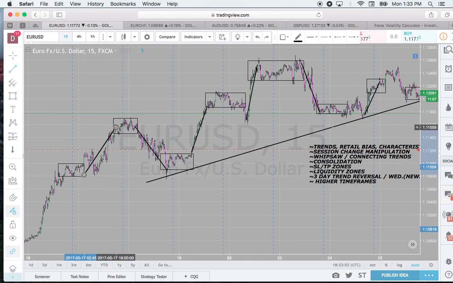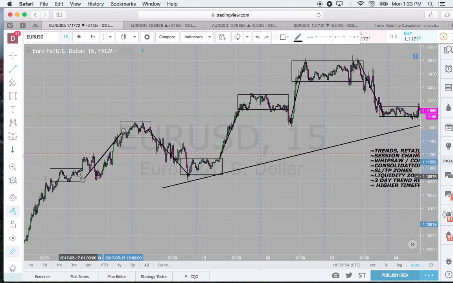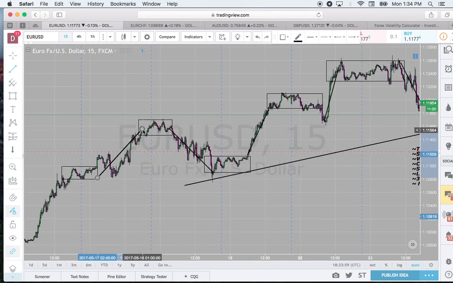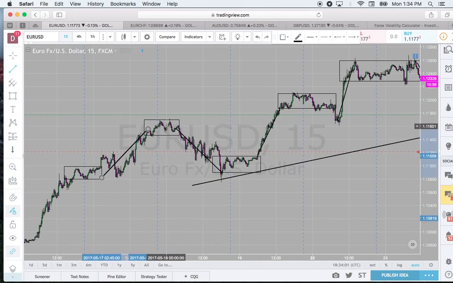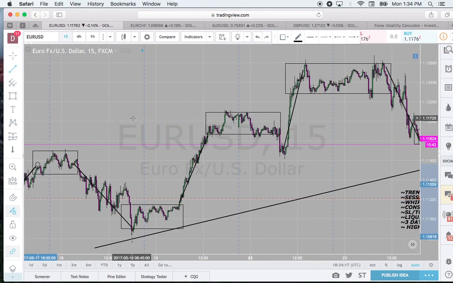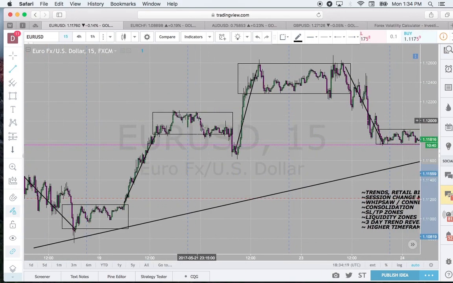In other words, the dealer has to get from one zone to the next, yet has to consolidate and build up as many contracts as he can and move the market to that zone in as little time as possible. So he uses most of his time to consolidate in one area, and then